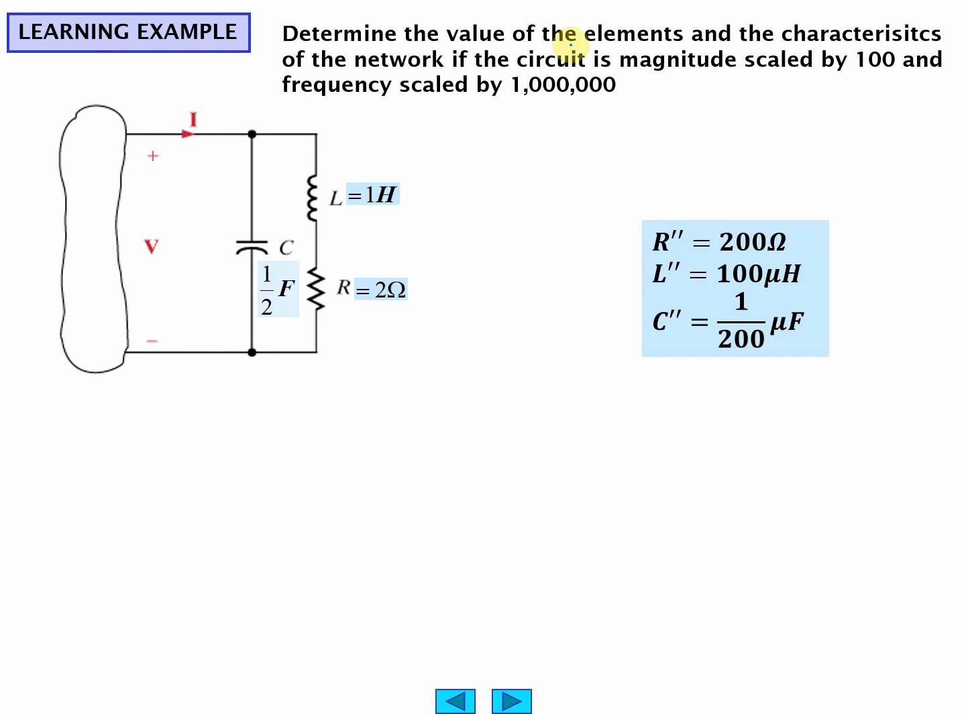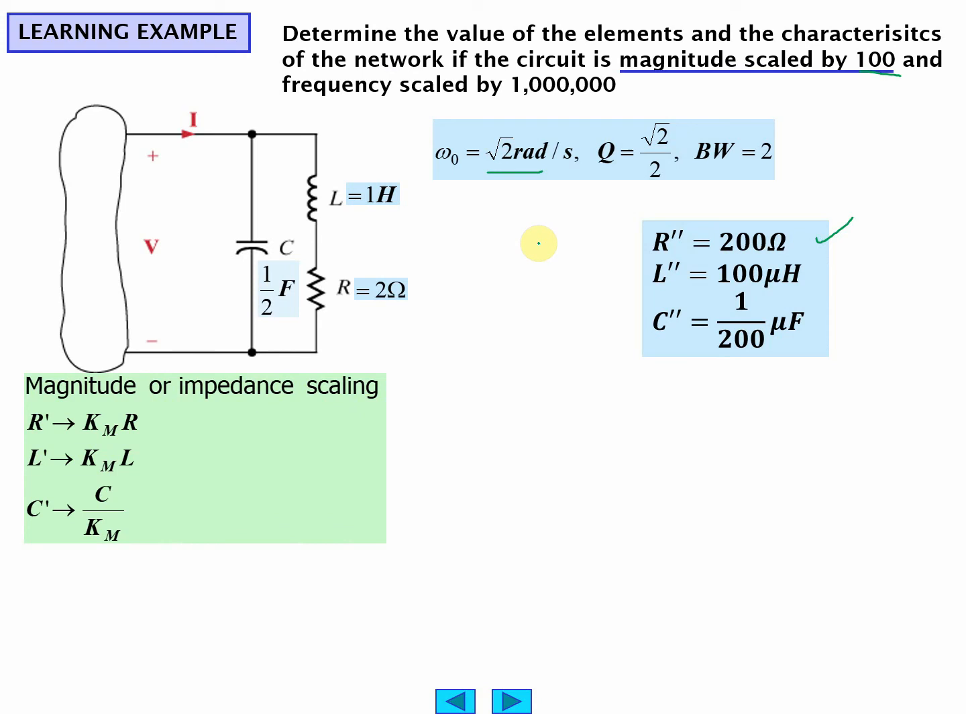So, scaling the magnitude by 100 gives us these values here. Figuring out what omega naught is originally: root 2 rads per second, quality is root 2 over 2, bandwidth is 2. That's what we start out with. Now we're going to scale. So we go 100R, which is,